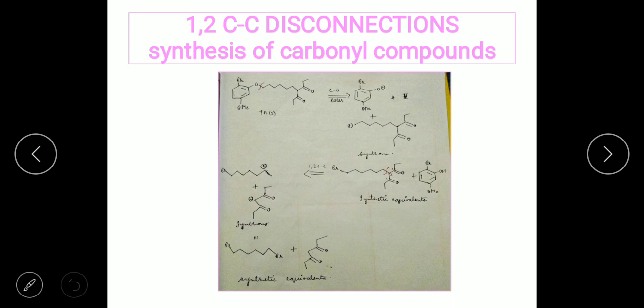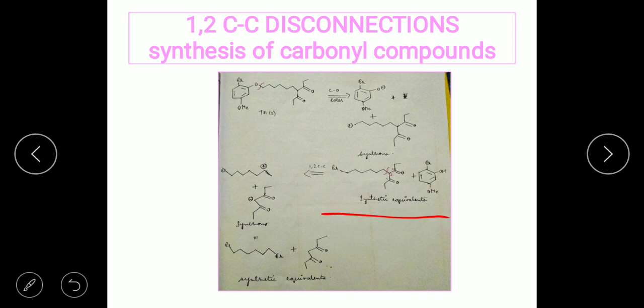Once we disconnect, we get two fragments: an oxide anion and a positive charge on the carbon. These two are the synthon fragments. The next step is writing down the synthetic equivalents. The synthetic equivalent for the oxide anion is that it grabs a proton and you get an alcohol as the intermediate. For the positive charge, when a halide anion attacks the carbon atom, you get a group of this kind.